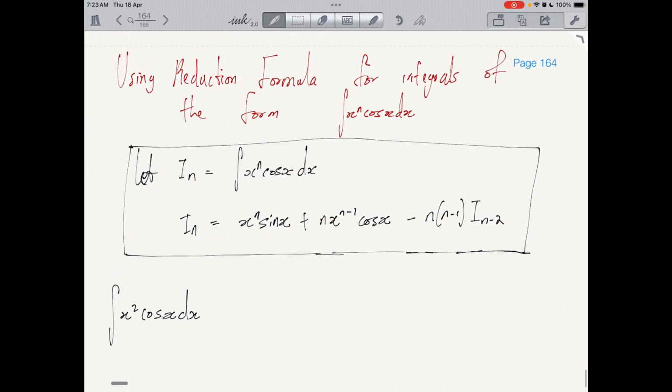In our previous video, we took a look at using the reduction formula for integrals of the form x raised to power n times exponential x dx. And now we'll be using the reduction formula for integrals of the form x raised to power n cos x dx. Now, let I_n be equal to the integral of x raised to power n cos x dx, and then we will have the reduction formula to be given as